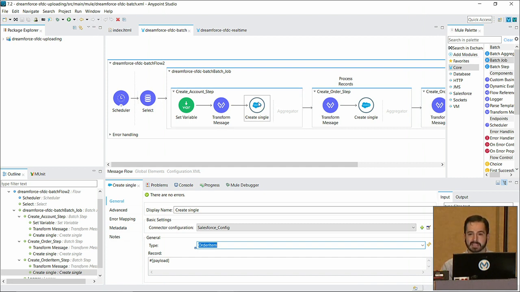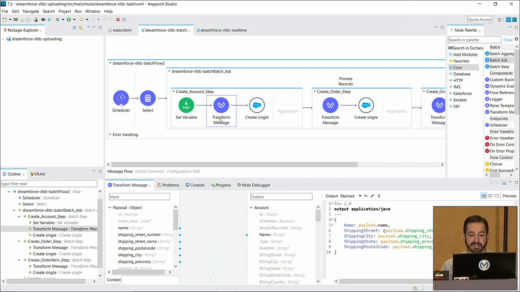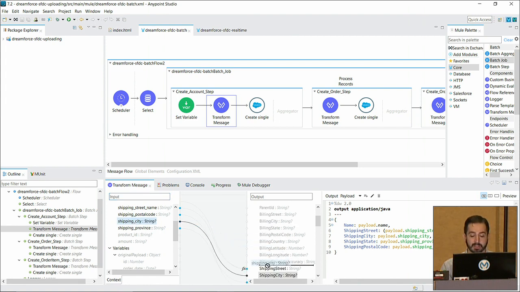So now I'm pulling from the database and writing to Salesforce. Now I just need to convert and transform the data models between the two. This is done with what I described earlier, my transform message component. This is the visual interface where I literally just drag and drop from the left to the right my